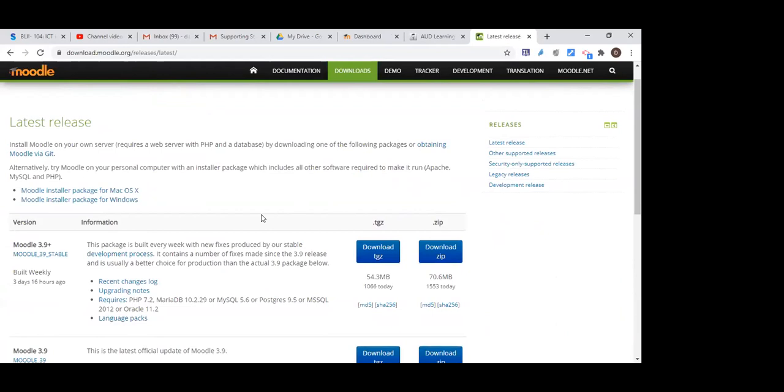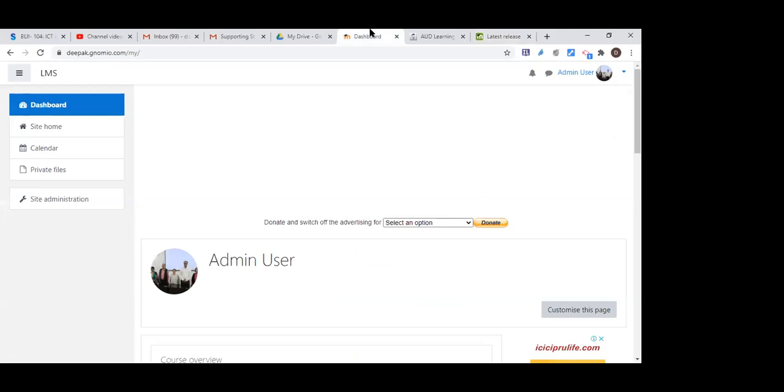It took one day to configure one Moodle server. So now we don't require too much technical expertise. The reason is Moodle is available on the cloud, which we call Gnomio cloud. So we just registered on gnomio.com, and we got a Moodle site within a minute, free of course. Whenever any application is available on the cloud, it is definitely available with certain limitations.